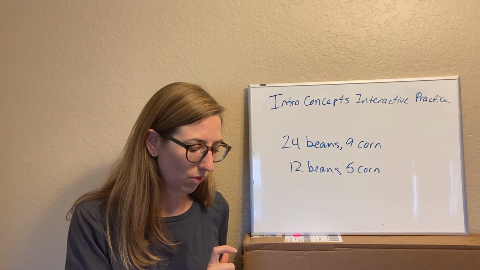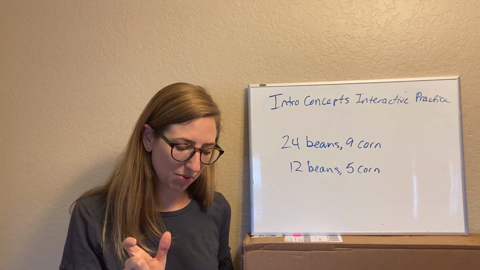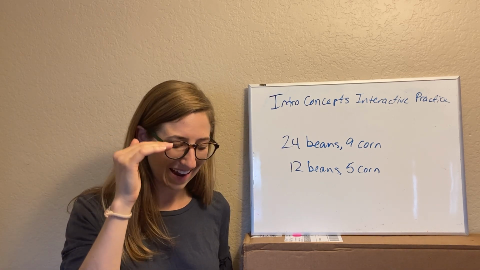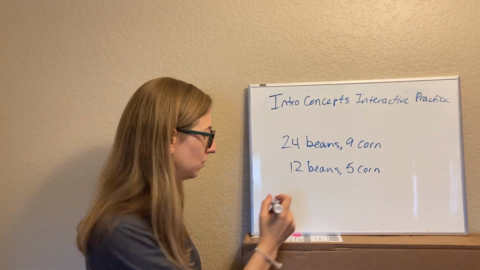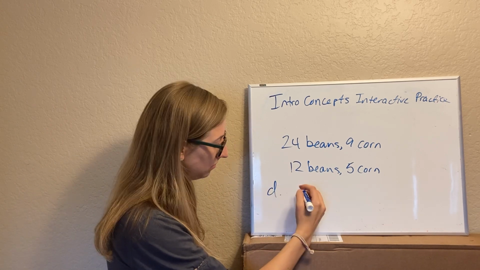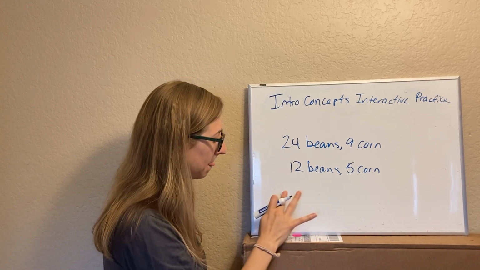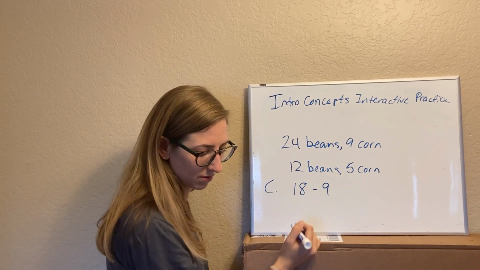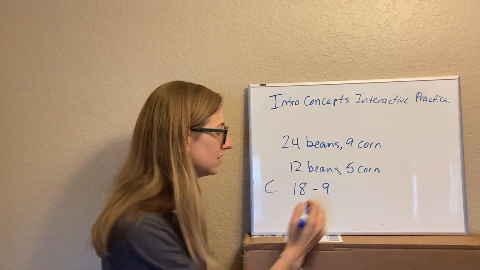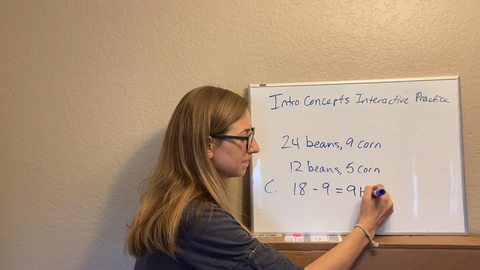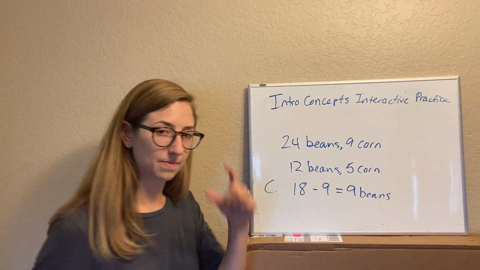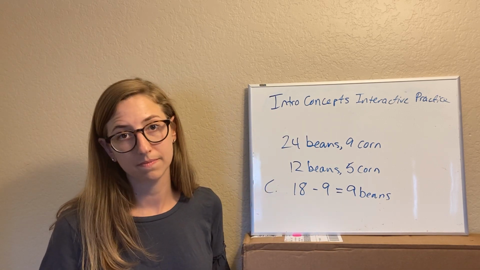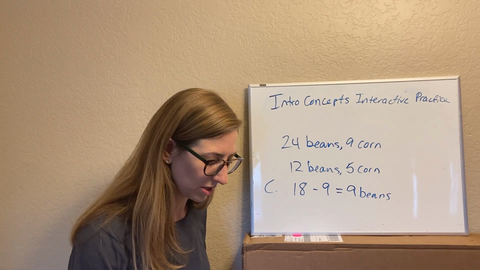So we notice as they gain 3 more corn, moving from D to A, at D, 18 beans are being produced, and at A, 9 beans are produced. So this is for part C. 18 beans minus 9 beans equals 9 beans as the opportunity cost. So we lost 9 beans in order to grow 3 corn. So that's the opportunity cost.